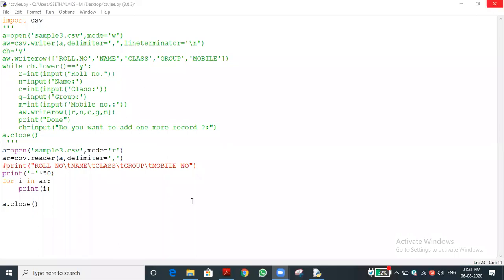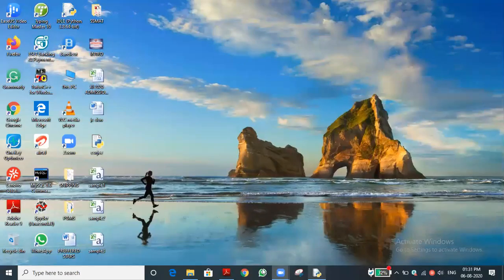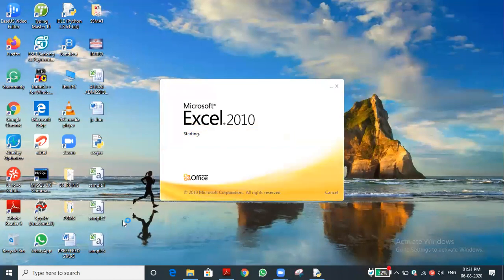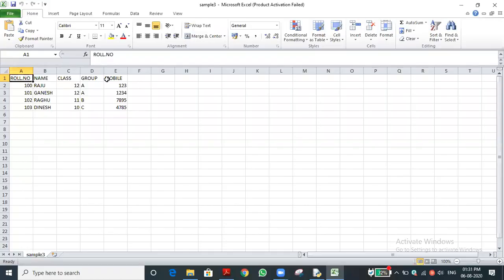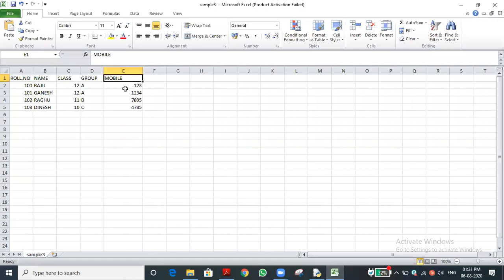I will just open the file. You can see we are giving that column name. Man, you can see this. One minute, let me open and I'll show you. This is the naming. We are just giving a name for the column. You can see the mobile. That's what you can give, whatever mobile number. That is not an issue.